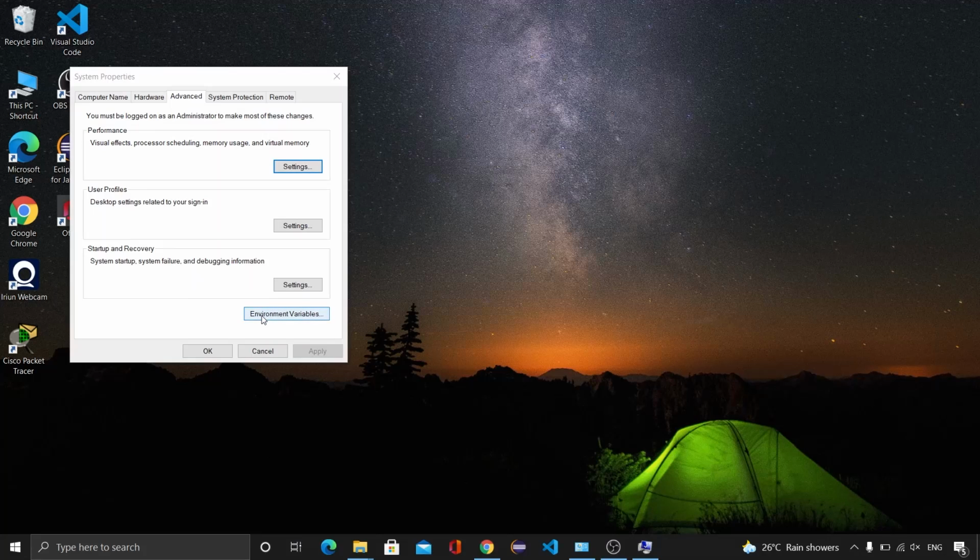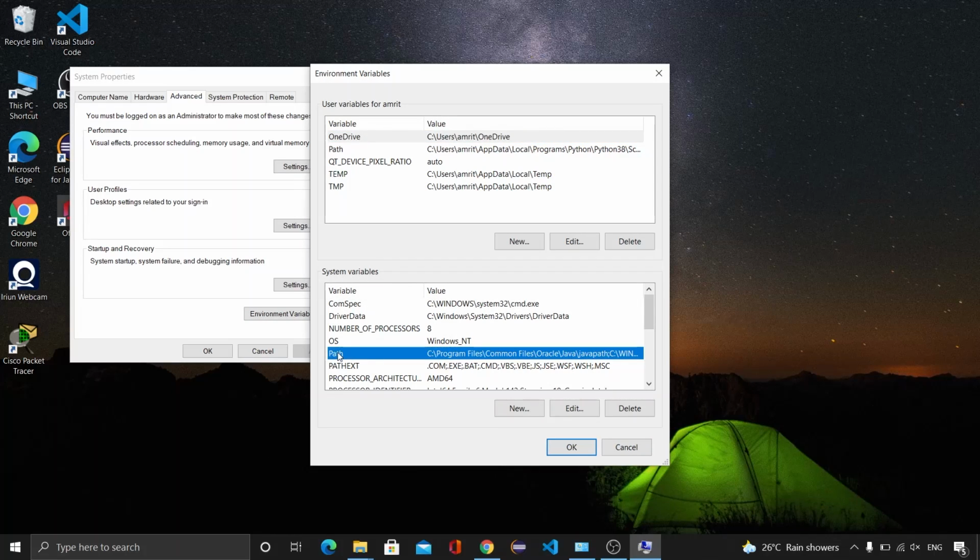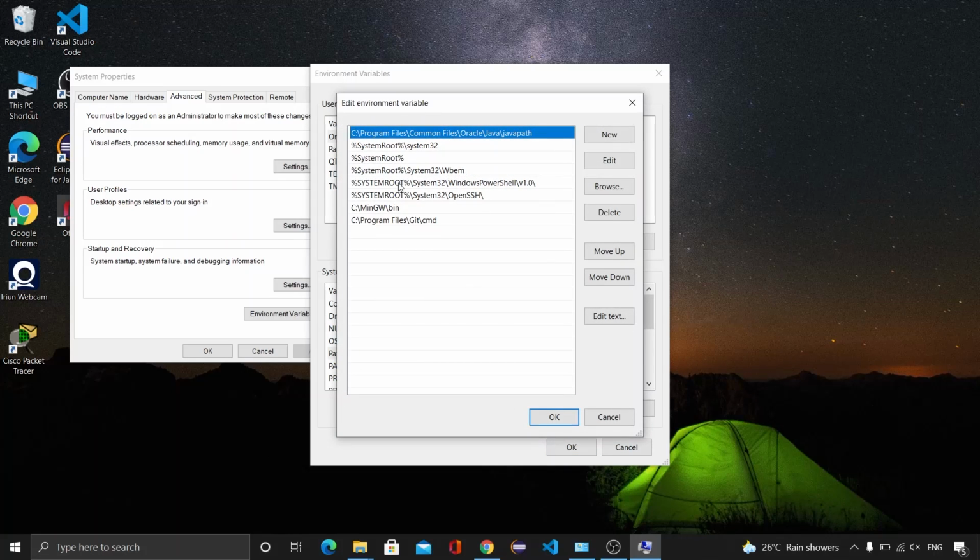Here you can see the environment variables option. We will click on this, and in the system variables we will click on Path, and after clicking here we will click on the edit button, and in the edit window we will add a new path.